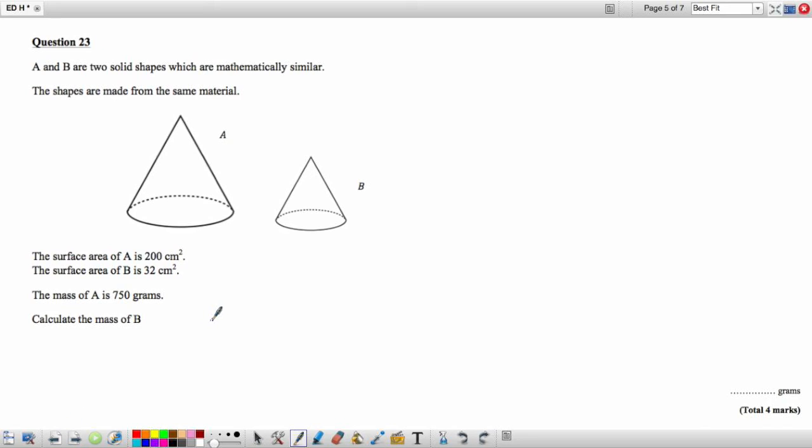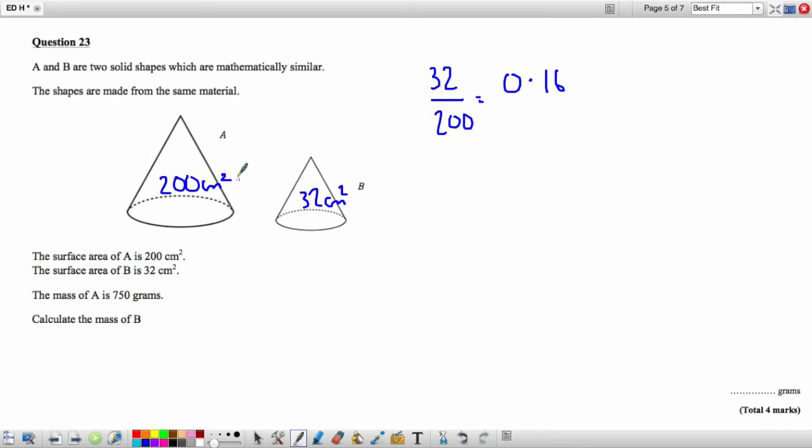Question 23. A and B are two solid shapes which are mathematically similar. We have here the surface area for A as 200 and for B 32 centimetres squared. So we need to find the relationship between these numbers. So let's divide 32 by 200, which will give you the scale factor, which here is